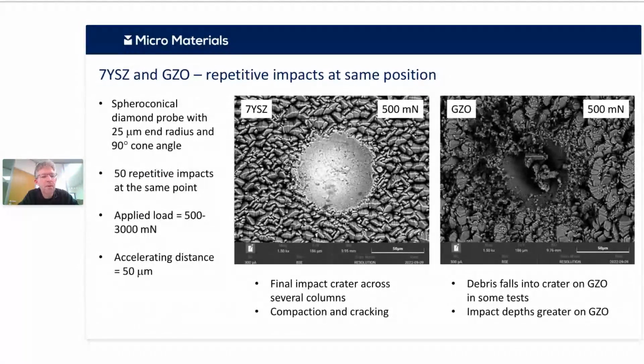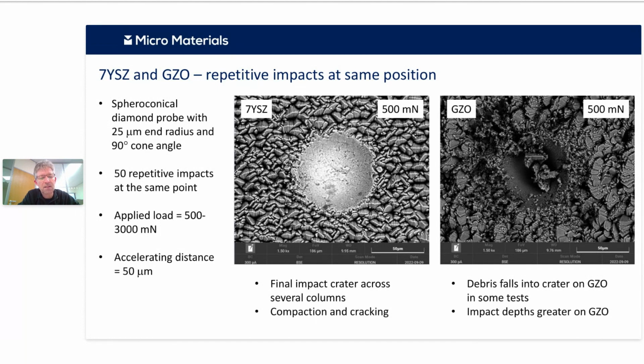If we start off by just doing repetitive impact tests at the same position. Under these conditions, this is at the end of 50 impacts, getting quite a large impact crater. It's going across several columns. And what you can see on the left there for the yttria-stabilized zirconia is it's a really compaction-dominated